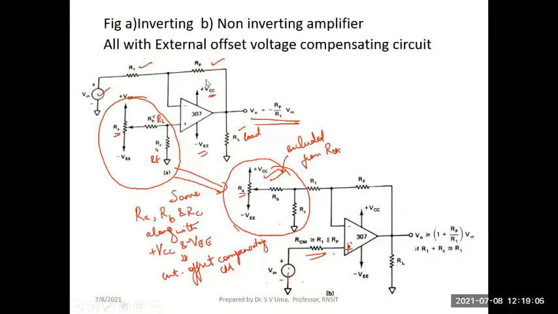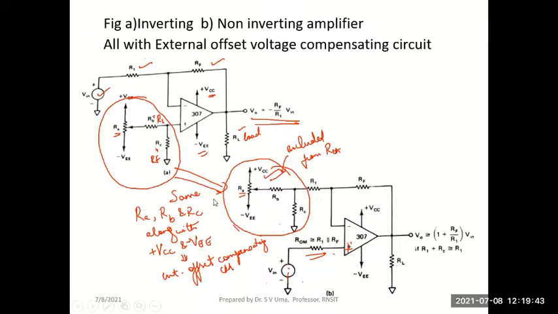That happens because of the mismatch between the two transistors in the differential pair used within an op-amp. Remember, an op-amp has two differential pairs used, and if there is mismatch in the beta value of the transistors, which is usually true, there will always be some small error voltage which appears at the output even when both input terminals are grounded. That can be avoided by compensating using external circuitry. So this is through external circuitry compensation.